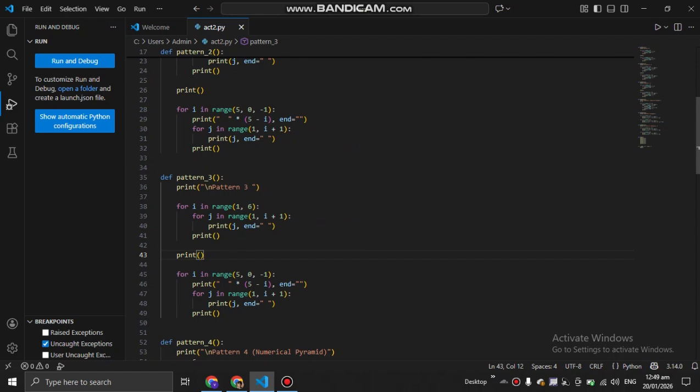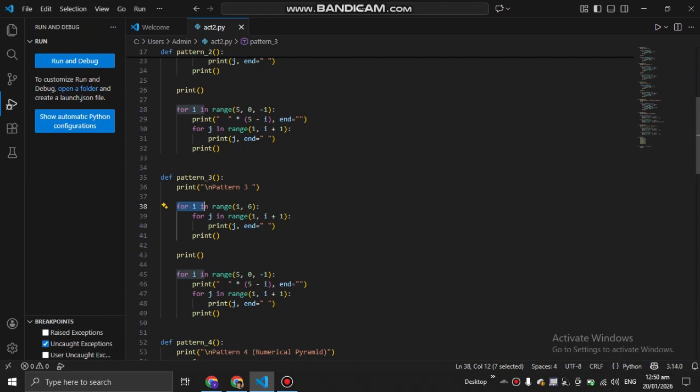Then for j in range 1, i plus 1, then print j. So in this line we print numbers from 1 to i, from 1 to the integers that we input, like this for loop.